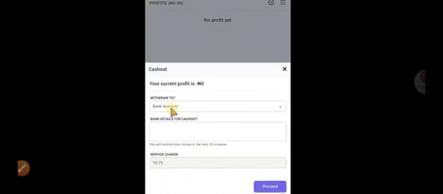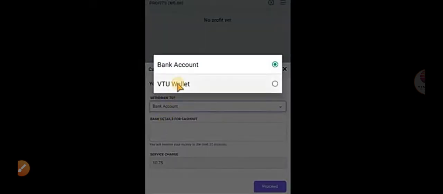So when you click on this place, you can see no profit yet. Assuming profit is here, you can withdraw your money. Click here to withdraw the money. Is it into your bank account? Put your bank details here. If it's to your VTU wallet,